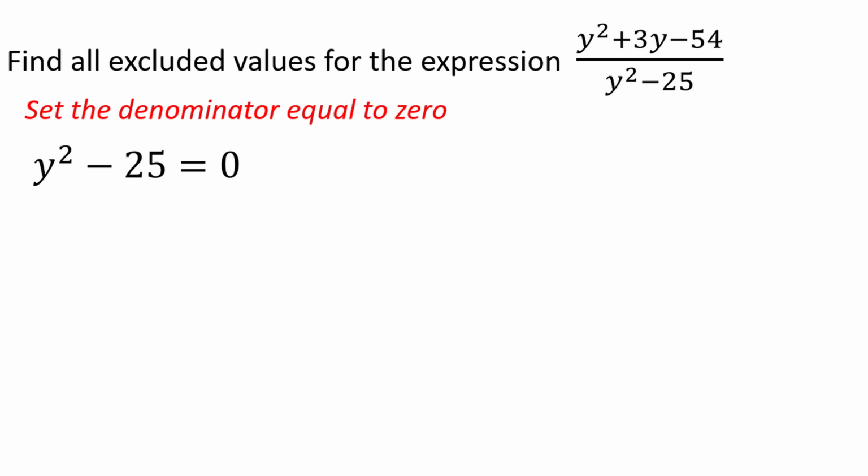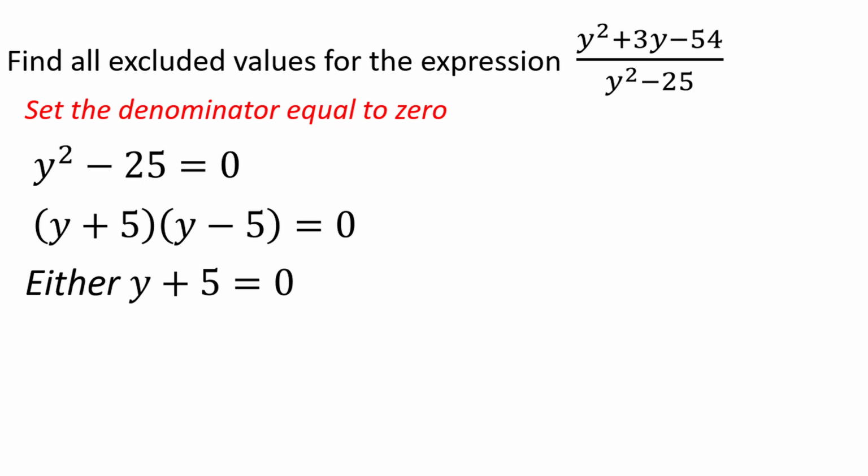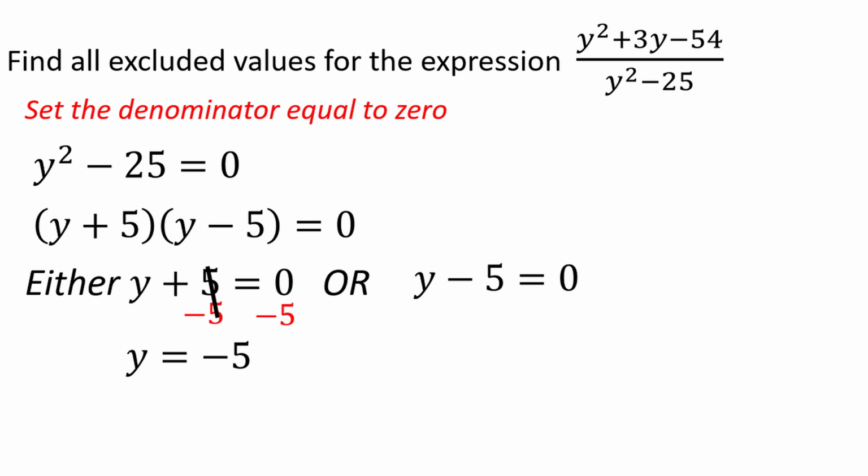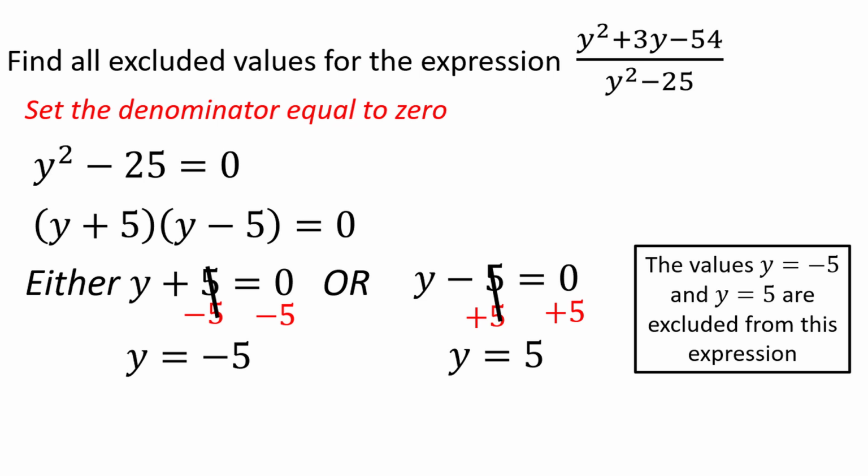to 0. You may recognize this as the difference of squares, which can be factored as y plus 5 times y minus 5. By the zero product property, that means that either y plus 5 is equal to 0 or y minus 5 is equal to 0. We have y equals negative 5 from the first equation or y equals 5 from the second equation. The values y equals negative 5 and y equals positive 5 make the denominator 0 and therefore are excluded from